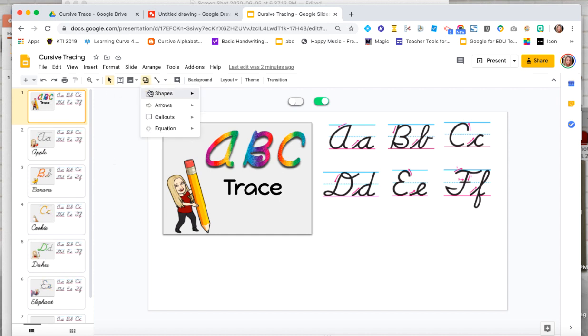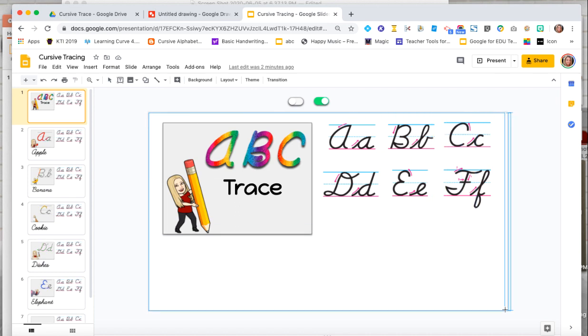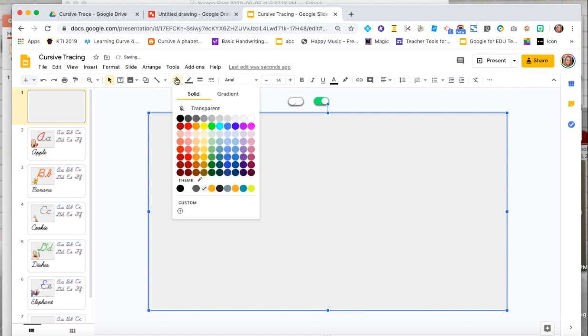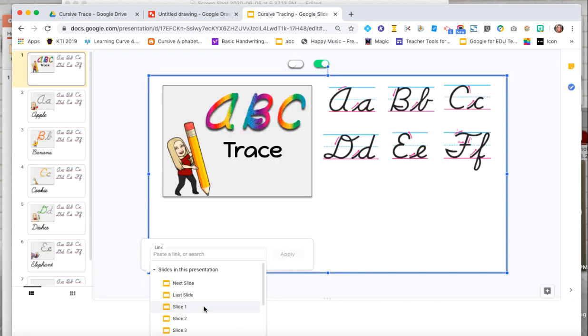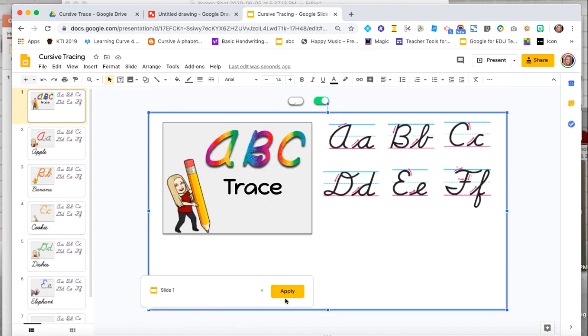Okay, so I am going to put a transparent rectangle over top of the entire slide. So I'll just draw the rectangle. I'll go to fill and then transparent, and then I'm going to increase the border a little bit. And then I will take that transparent rectangle and link it to the slide that we are on. That way, if a student accidentally clicks anywhere or taps anywhere on the slide, then they will not